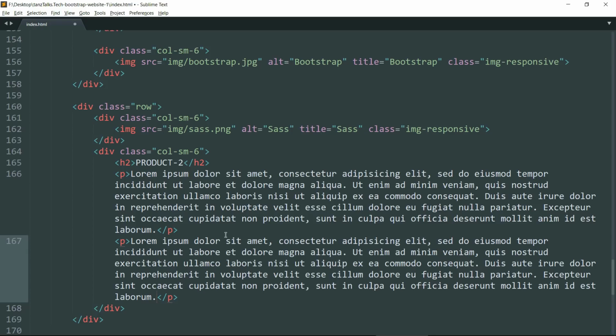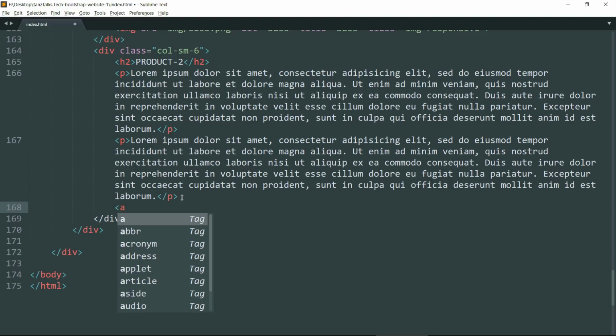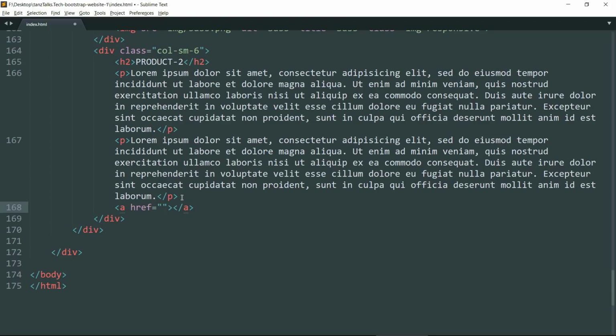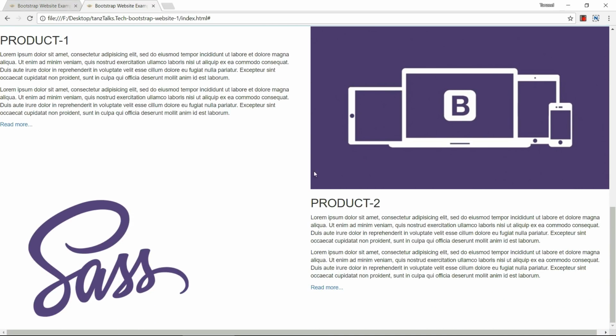Now drop down below and create an a tag because we want a link down below the text. We are referencing it to nothing, make it hash. Write read more. Okay, now save it and let's open the website. Okay, we have the text and the link down below the text.